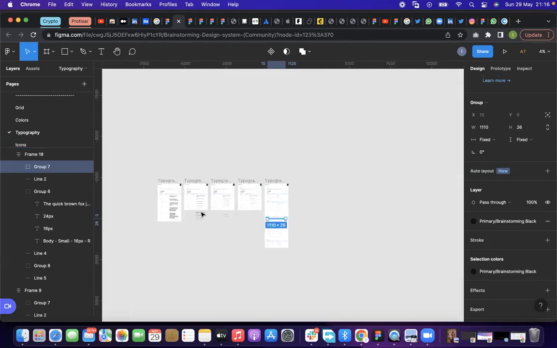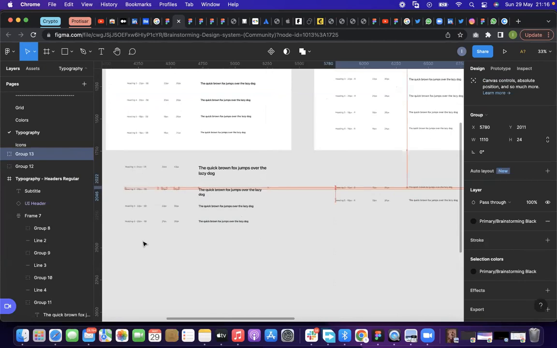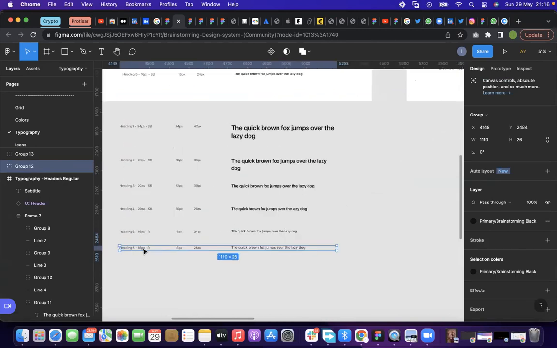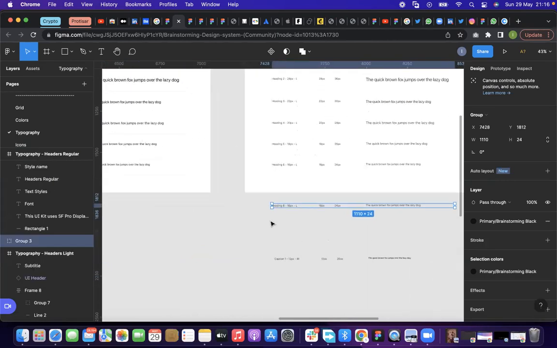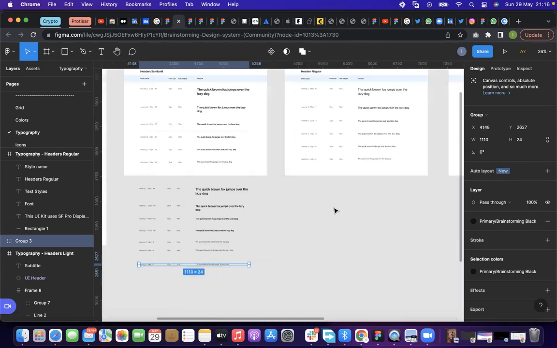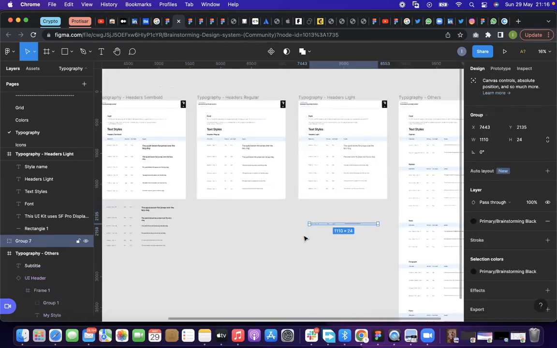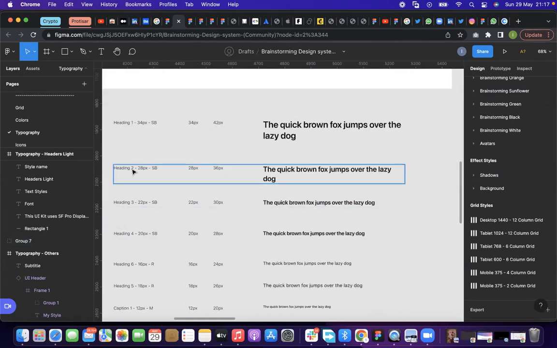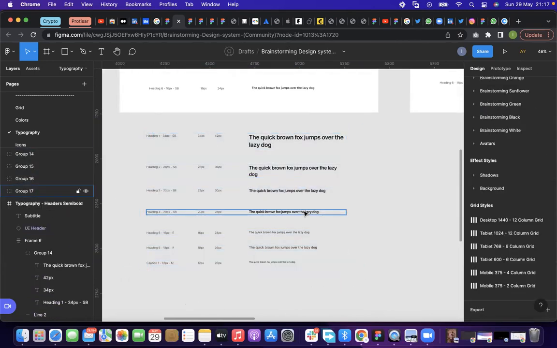I think I'm okay. So since I have header 1, header 2, header 3, header 4, I could classify this as my body, body 1, body 2, but there's one that is 16, there's one that is 18. Then the next thing I want to talk about is this one, 16 pixel, maybe body 3. I'm not going to be using light in my designs like that, so I don't think it's necessary. Regular is fine. Then we have caption lights here. So most of the things for buttons, I can still use my normal regular body text. So all these things, is there a way to automatically just